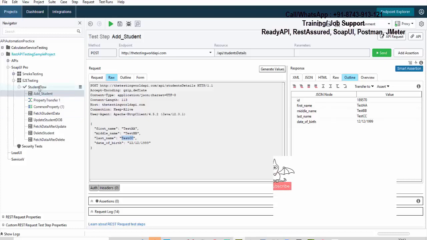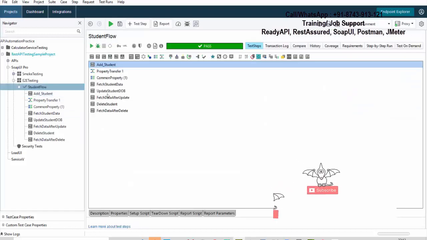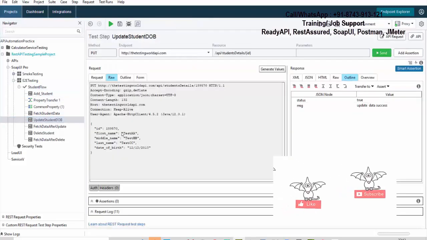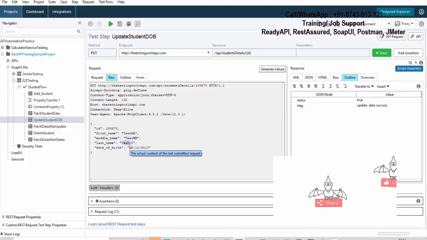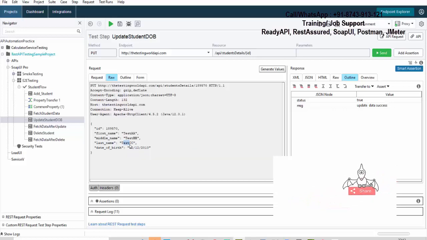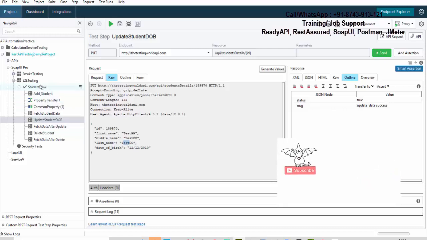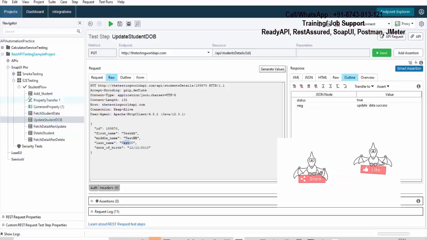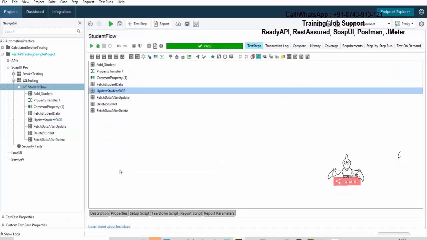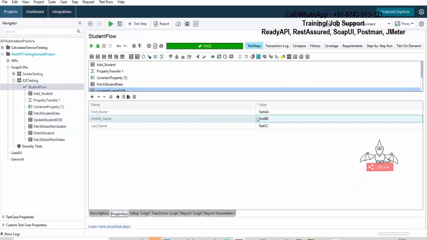In the same way, let's go to the test case window again and update student DOB. Here also you can check new data is used. So now we have defined property and we have used property wherever required. Once we define the property, it is easy for us to update any data. As of now, we are using the same data in 2 places, but it could be 100 places where you are using the same data. So we just create a property. You can call it similar to a variable. And whenever we want to change the data, we change it in only one place.